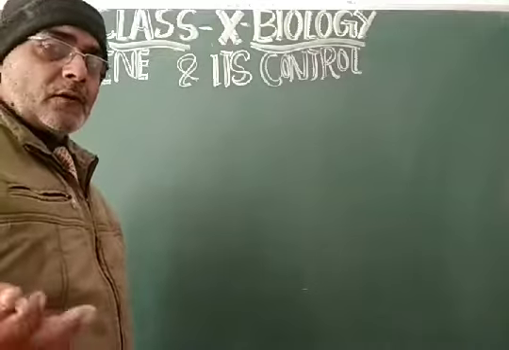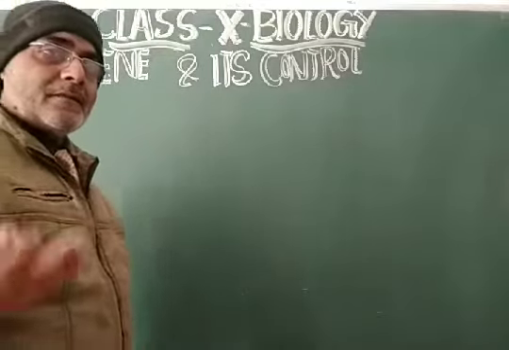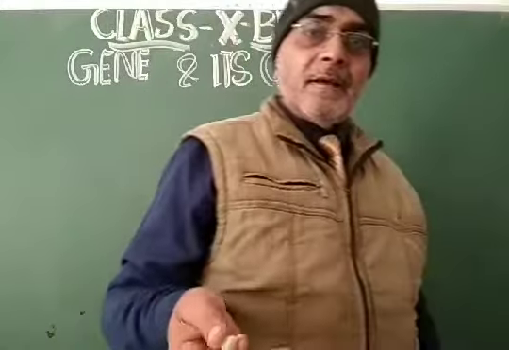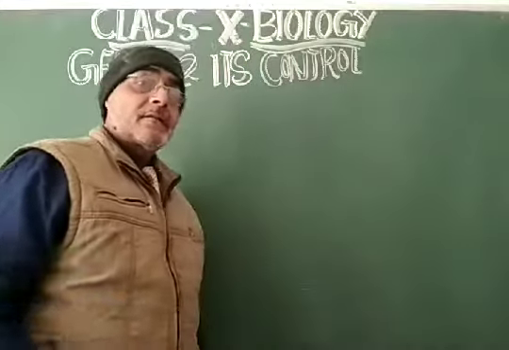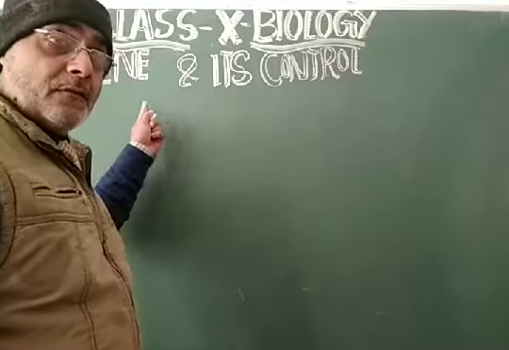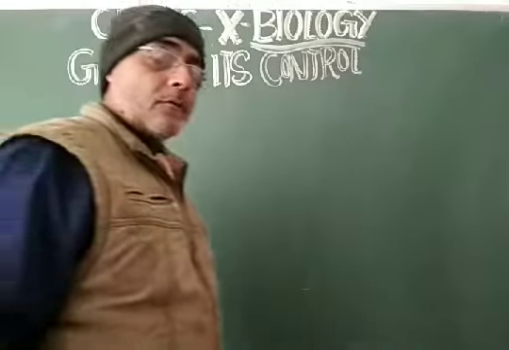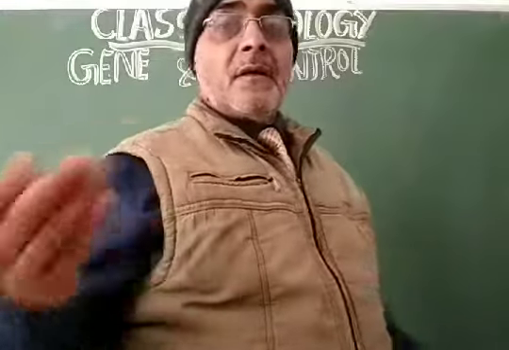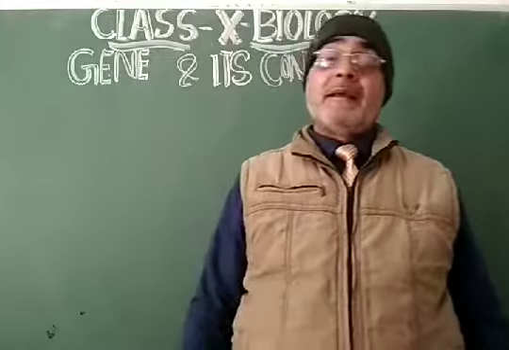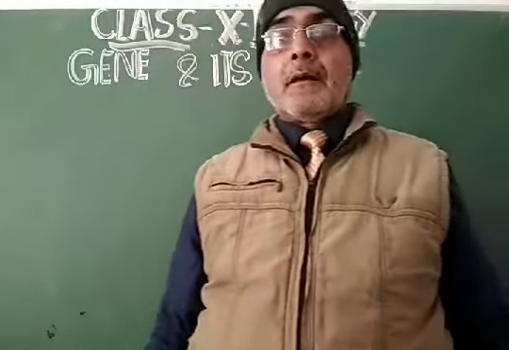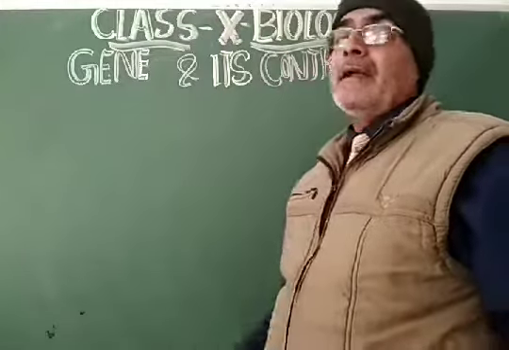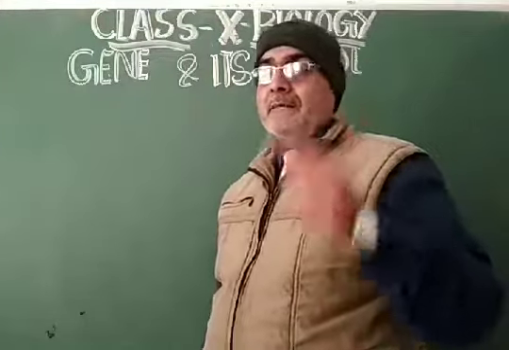So DNA is the unit of the chromosome, DNA is the unit of the genetic material. But my dear students, actually gene is the unit of inheritance. Therefore, cell is the unit of the living organism, nucleus is the unit of the cell, DNA is the unit of the complete cell, and gene is the unit of inheritance. That is why you can say it.